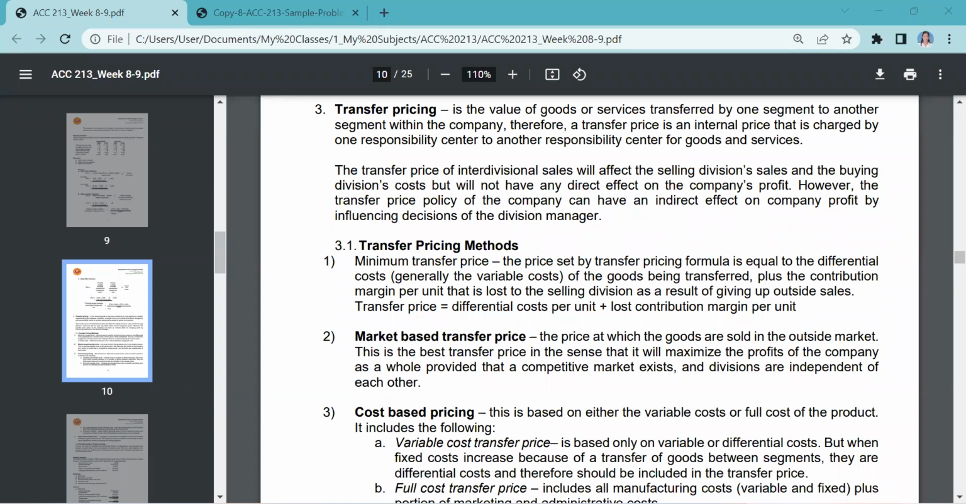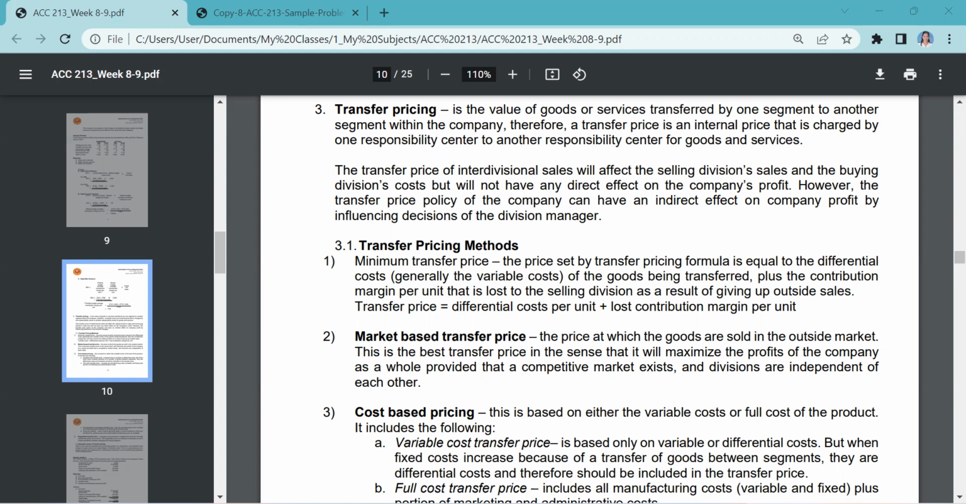So our topic for this video is transfer pricing. So this is the last topic that we will discuss under responsibility accounting. Before we discuss the details of this, let us first mention why there is a need for a transfer price to be set by a responsibility